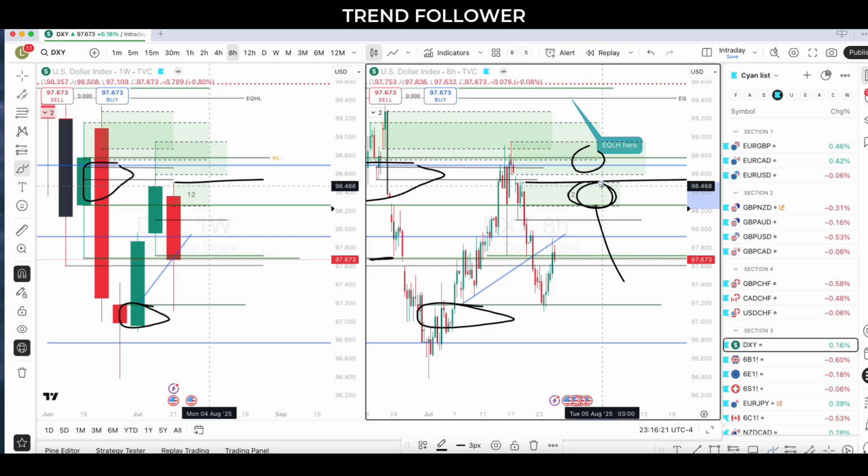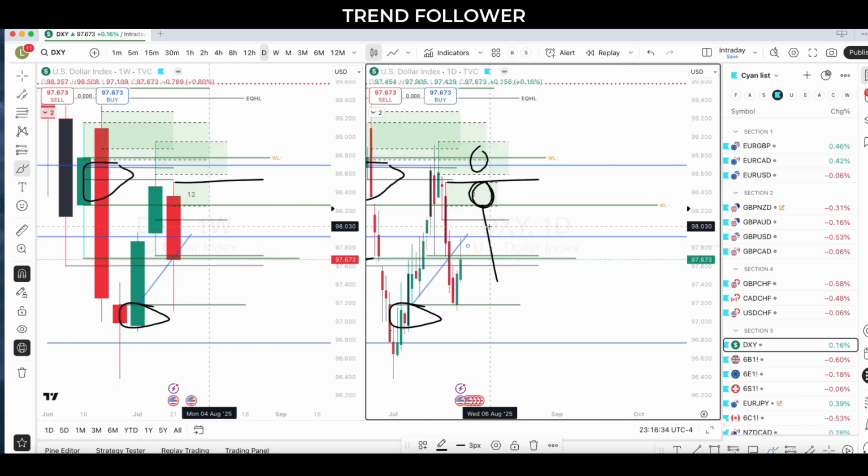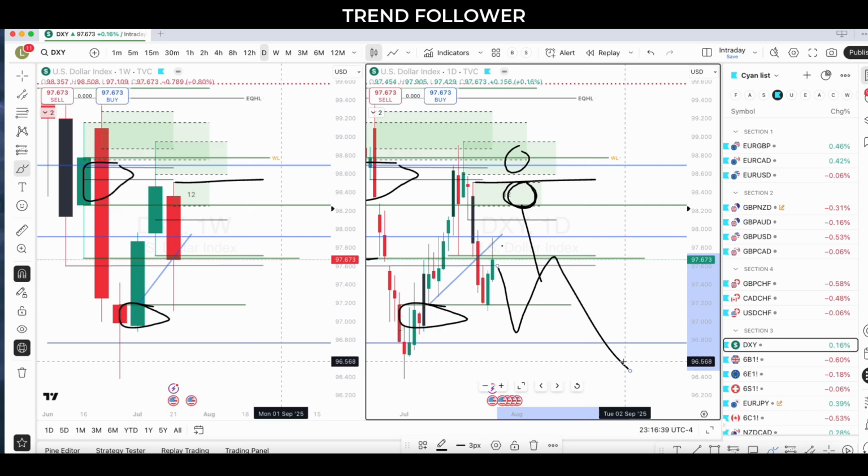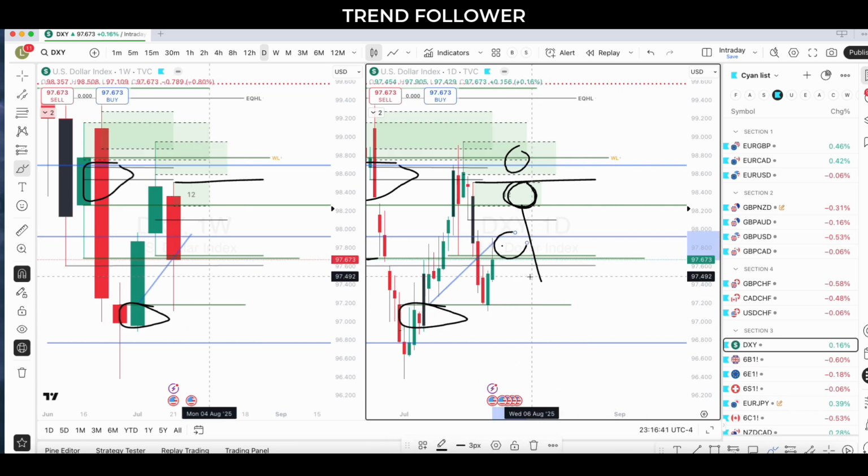Now it is quite possible that you don't see something like that. It goes there and then comes down, right? So in that case, I will try to see if there's any daily supply formed. For that case, I will have to post it on Twitter if the market action says that there is a chance that you do something like this and then something like this. For that, I would want a daily supply here, which I don't see right now, right?